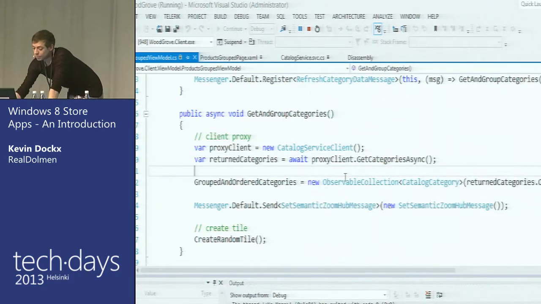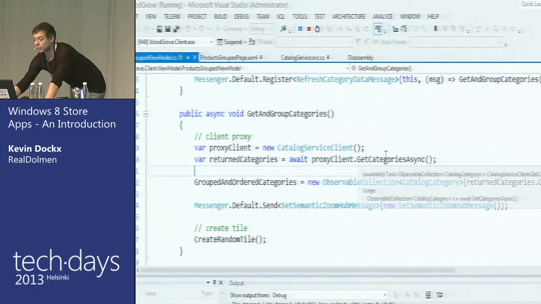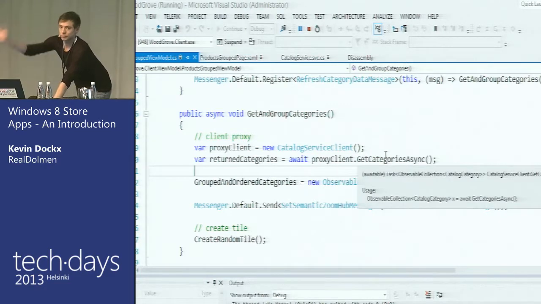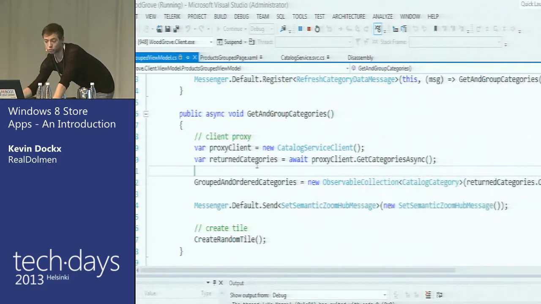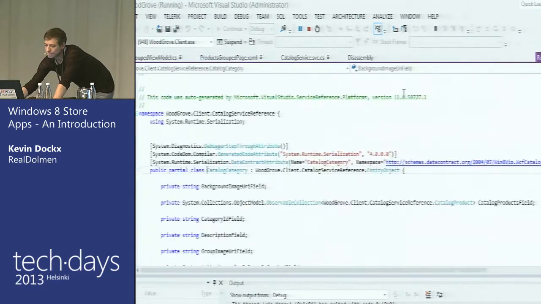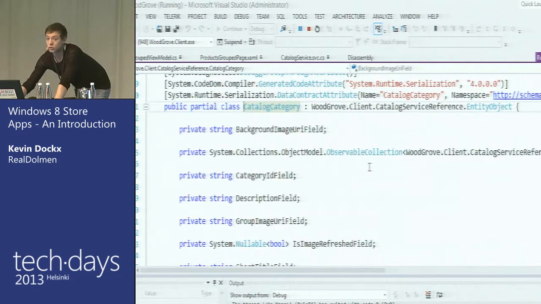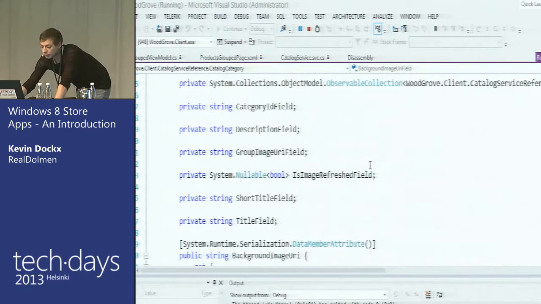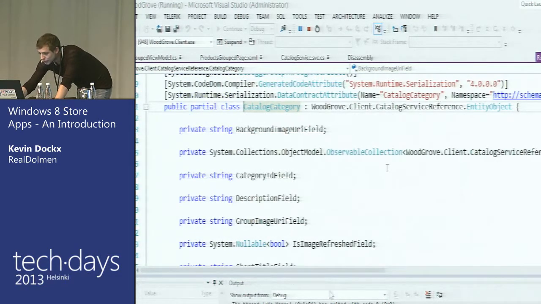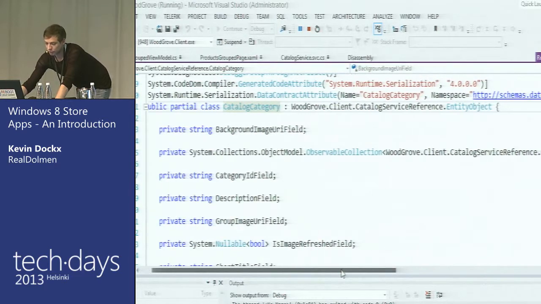So what happens here is I call the get categories method. That returns, and that should give me a list of catalog category. Let's have a look at that one. Here we go. Generated code by adding the service reference. Catalog category. And this is the important part here. The catalog category